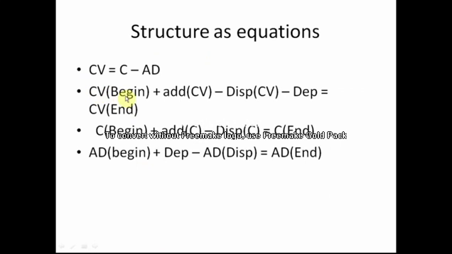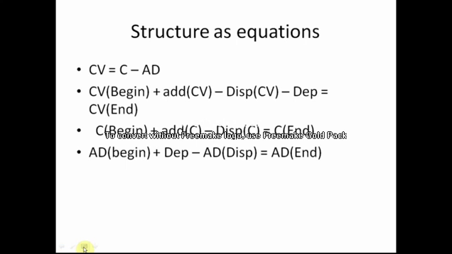So carrying value at the beginning of the year plus additions at carrying value, which is equal to costs, minus disposals at carrying value minus the depreciation gives us the carrying value at the end of the year. So all of these are just equations. If only one of the values in a given equation is unknown, we can simply rearrange the equation so that that value is on the left and the others on the right, and then calculate the unknown value. So it is simple